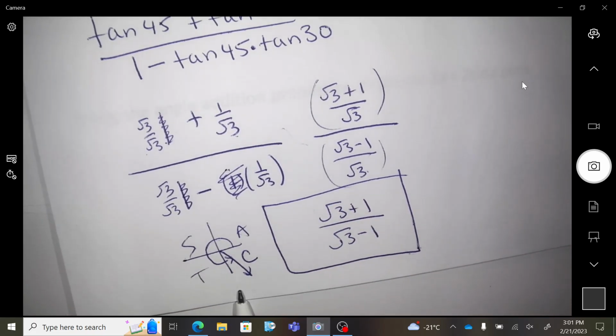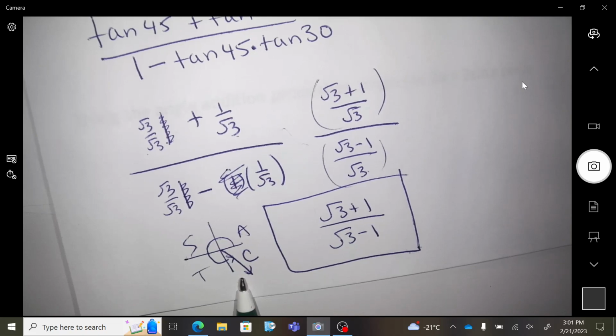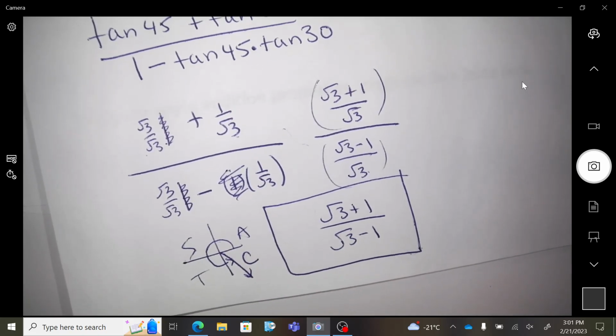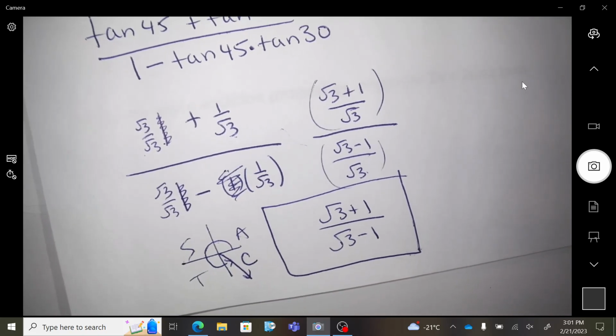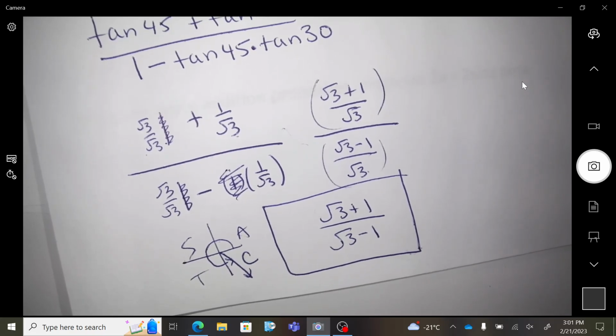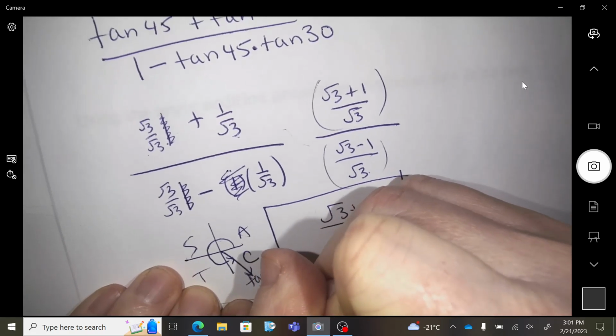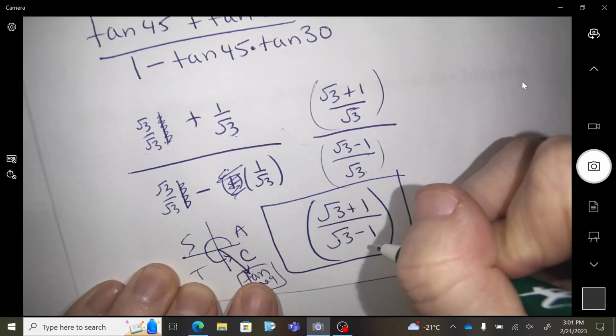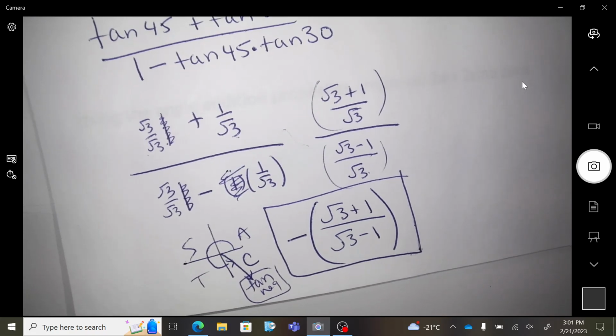And last, what's going on with the sign there? It's a negative. It is tan negative. So again, bracket, boom, negative. But you would know that